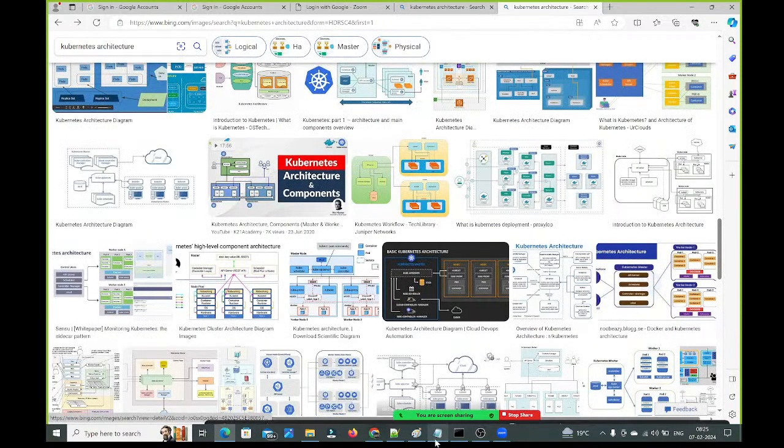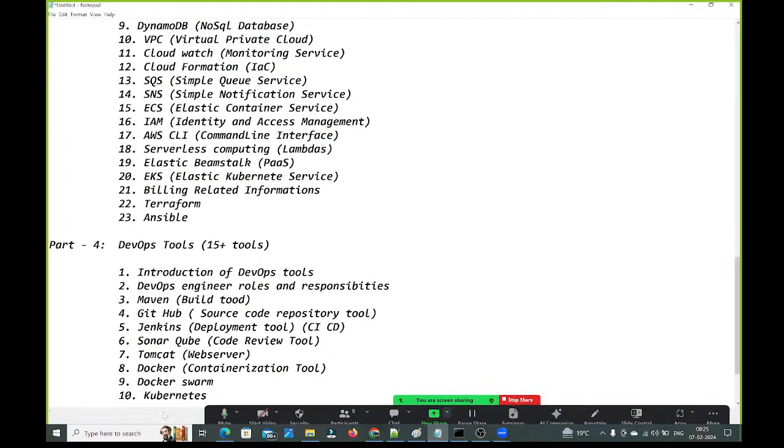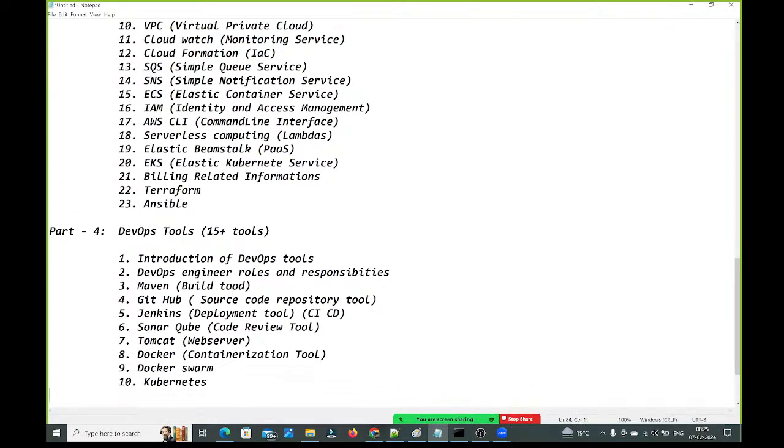Next, after Kubernetes, we are going to discuss monitoring tools. Very important, guys, monitoring tools also. Once you deploy the application in the cluster, we need to monitor that application. Here multiple nodes are connecting to the control plane. How those nodes are running, whether those nodes are healthy or not, everything we need to monitor. For that, we are going to understand monitoring tools.